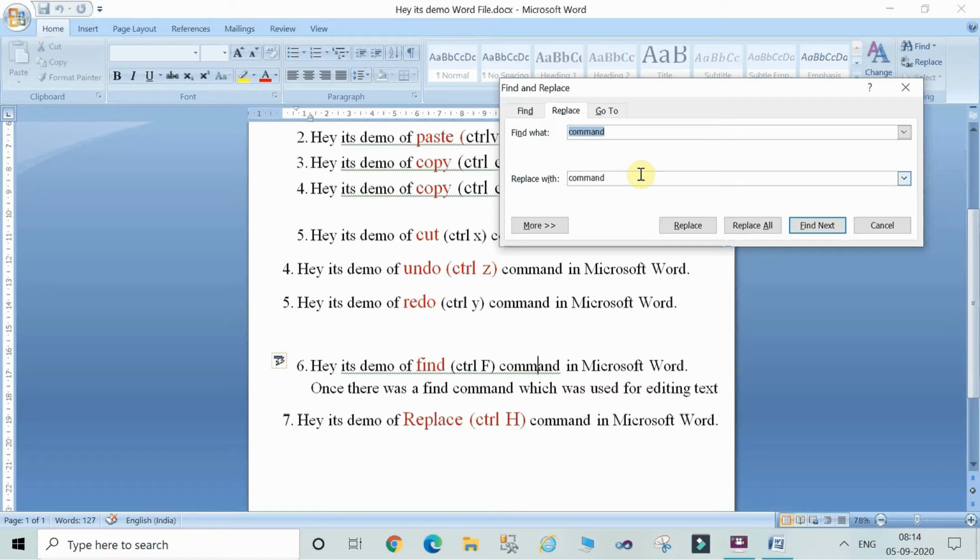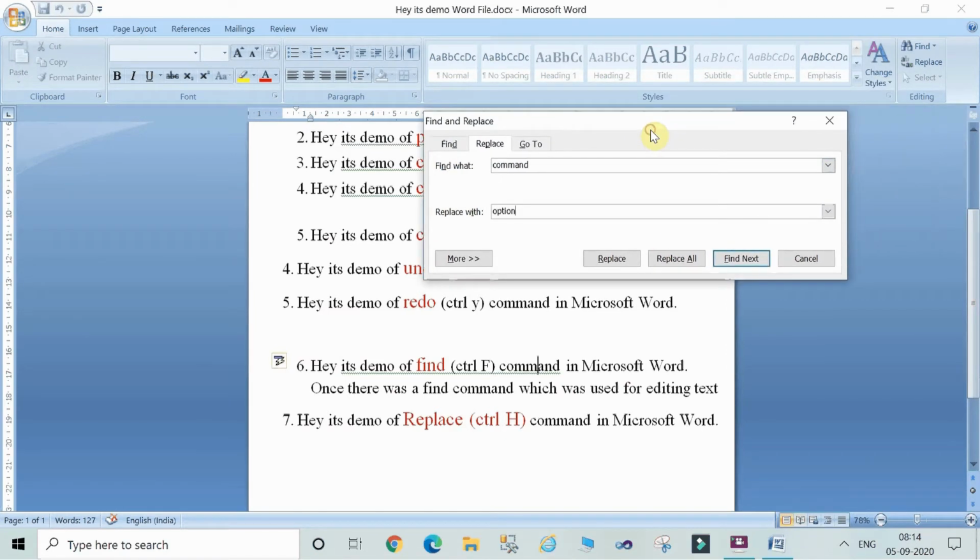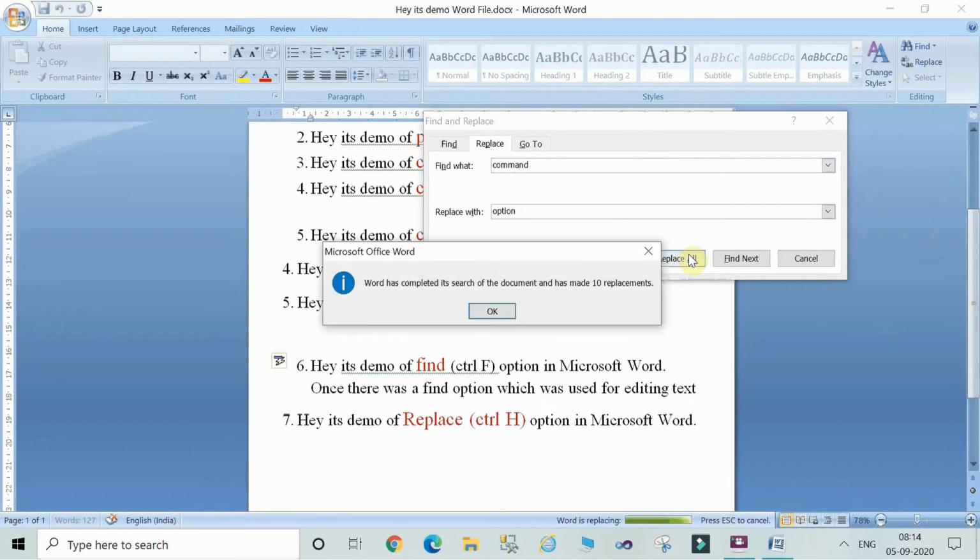Now when you click on the replace option, you have to just change the command: find the word command, and replace it with the word option. Now in this screen you are able to see replace all, find next, and cancel options. So we click on the replace all button.